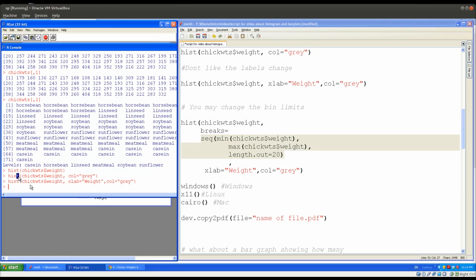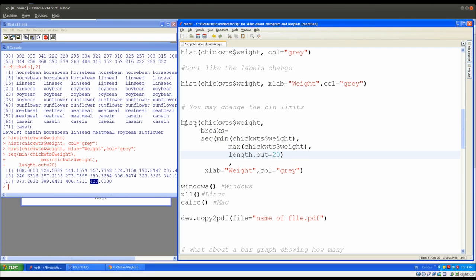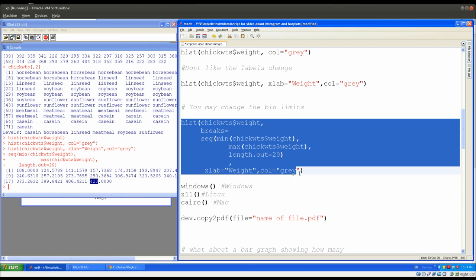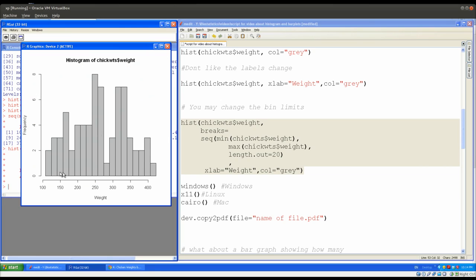So if I come here, copy paste, I get all these numbers. See, so I'm starting at the minimum observation here, 108. I'm going all the way to 423, which was the largest observation on weights, and then I have 20 other ordered numbers, right? So I can put that into the function as a feed into the breaks argument, and I can copy paste this into R, and we have a totally different histogram, well, slightly different histograms, because now we